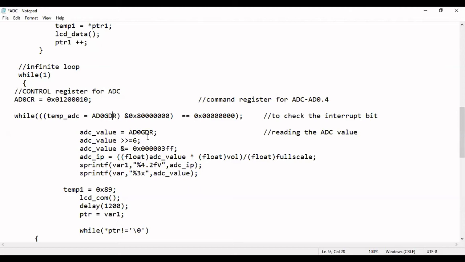I want to move that result value towards the LSB side. That is the reason I want to do a right shift by 6 bit positions. So 6 times I want to do a right shift to move the result to the LSB side. If it is in the middle position, then after converting into hexadecimal, the result values will be different. I don't want that confusion. I want to move the result value or the bits to the LSB side.